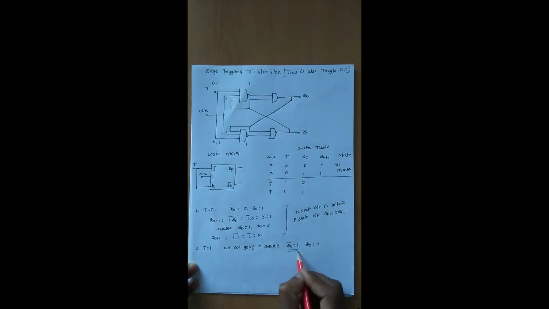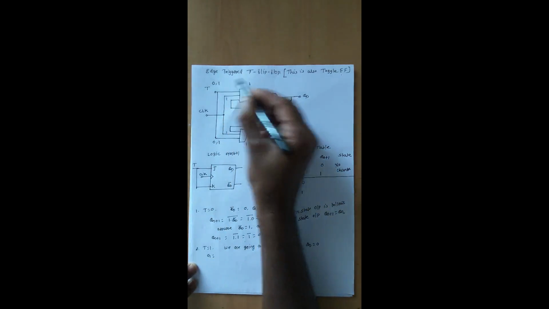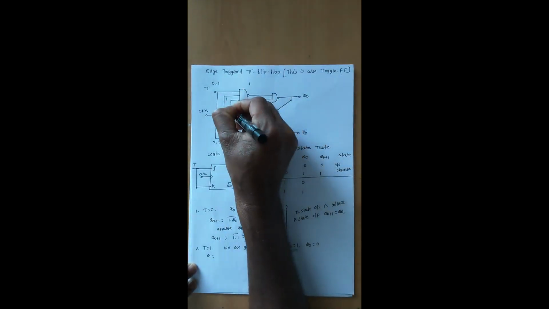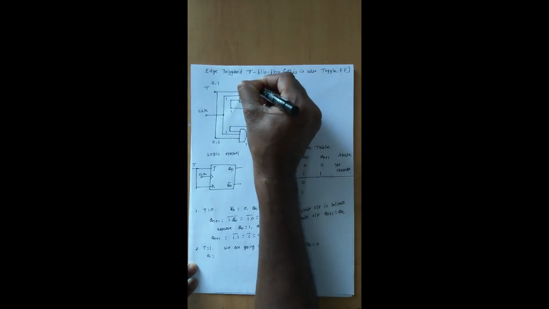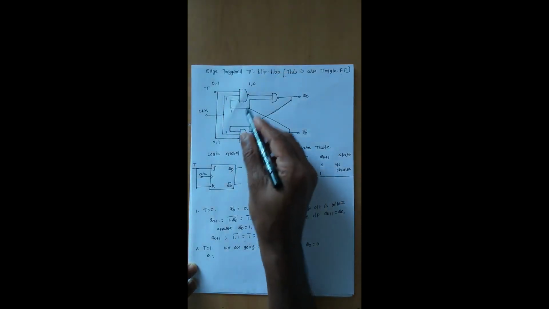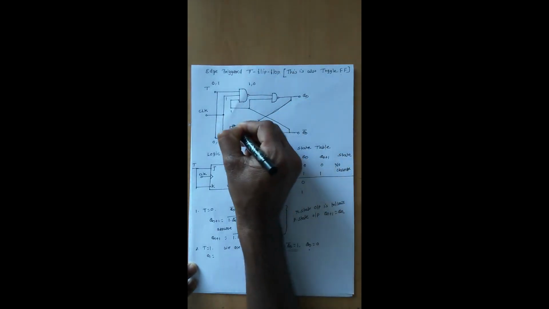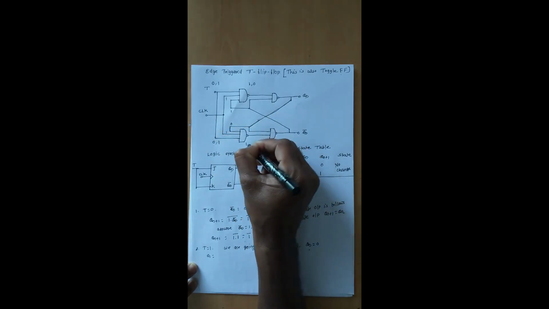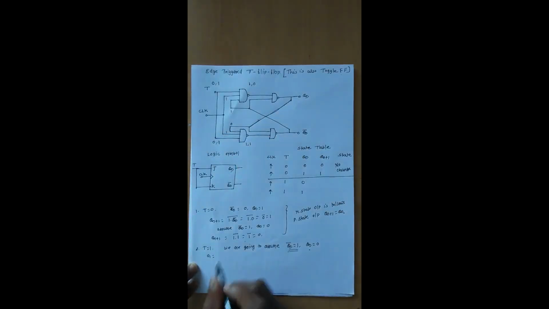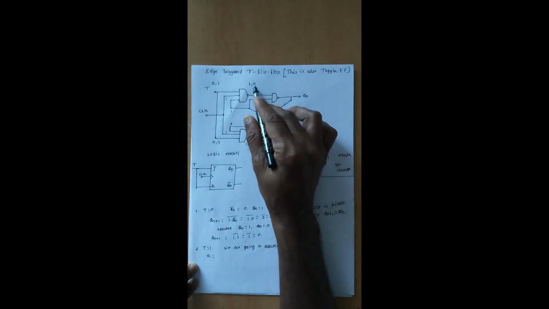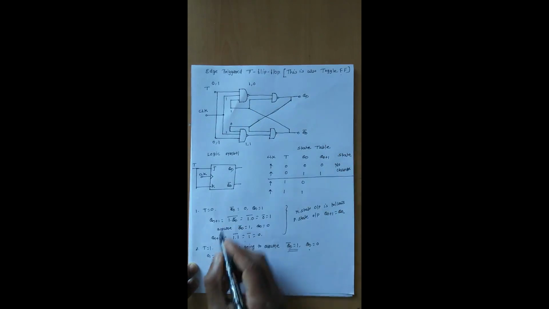So we assume Q of N bar is equal to 1, and Q of N is obviously 0. In this way, what will be the output of G1, that is the first gate output? This is 1, so 1 into 1 into 1 becomes 0. Due to this path, the output is 1, 0. For this, the value of Q of N is 0, so 0 into 1 into 1 is going to be 1. If any one input to a NAND gate is 0, the output is definitely 1. First I will write G1 is equal to 0 and G2 is equal to 1.